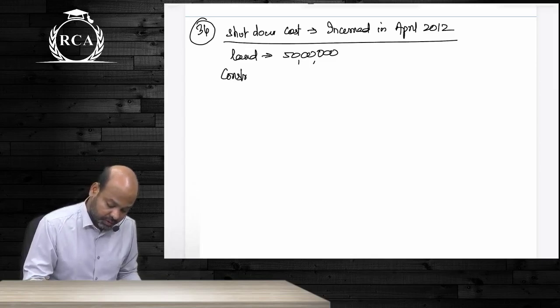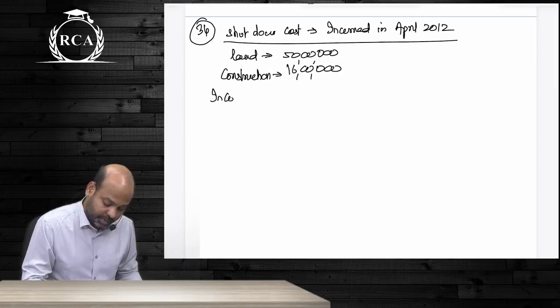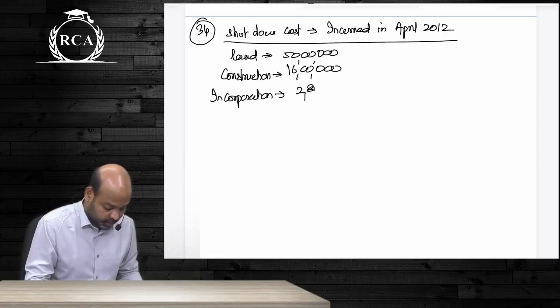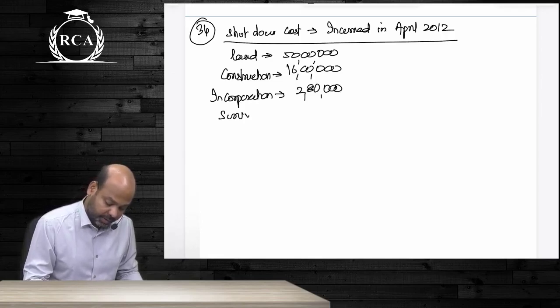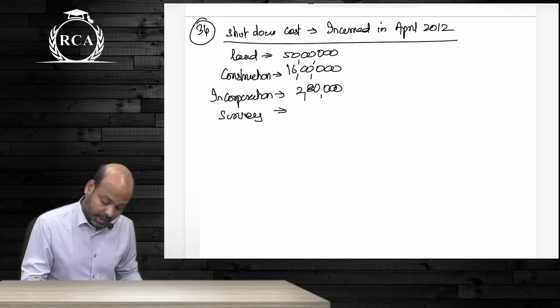Construction cost was 16 lakhs. Company incorporation was 2 lakh 80,000. For the survey, how much salaries did we pay? 1 lakh 50,000. All of this is your